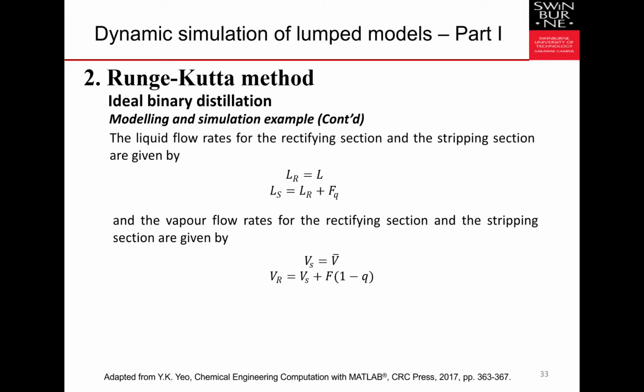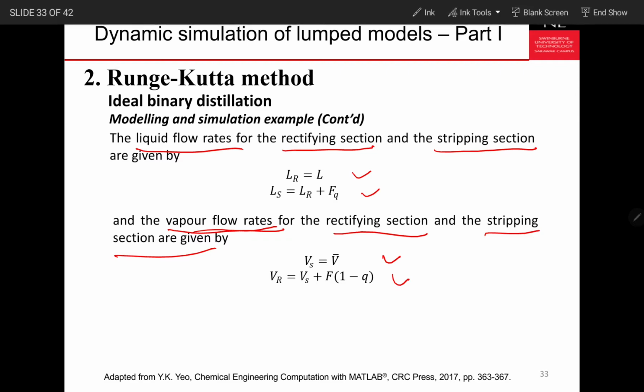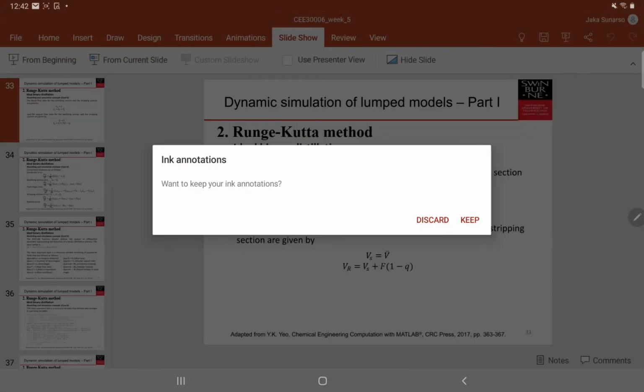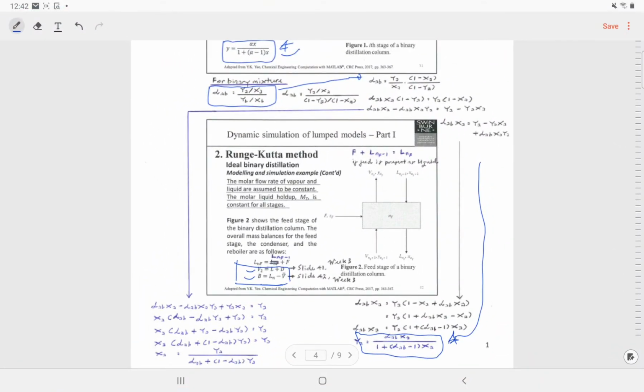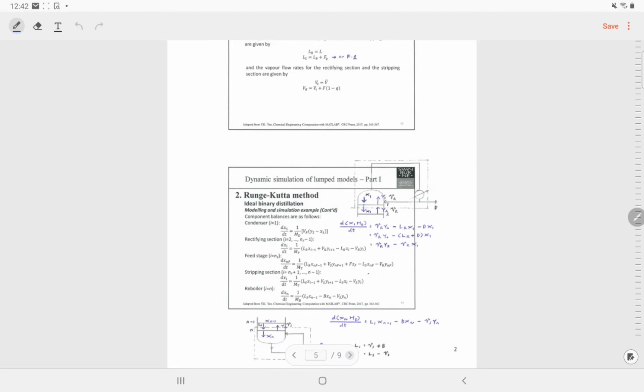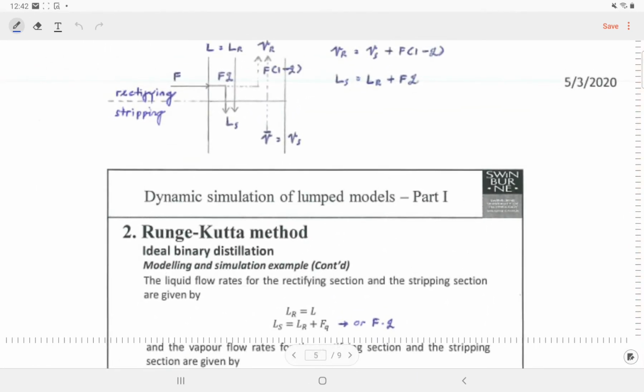Now as we move into the next stage, we have to define the connections between the rectifying sections and the stripping sections, for the liquid flow rates and also for the vapor flow rates. Then you will ask yourself, how can I get these four equations? That I show you again in the additional materials. The additional material will give you everything that you need to see.